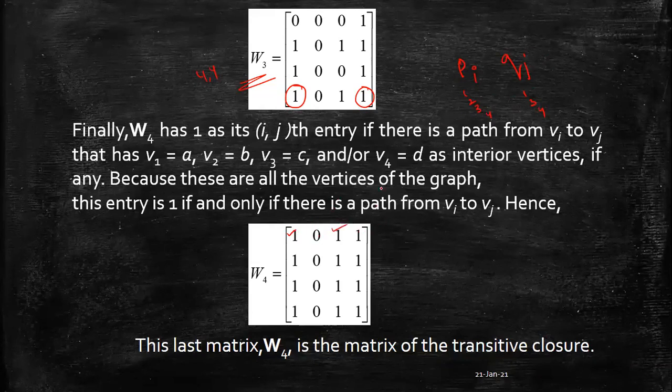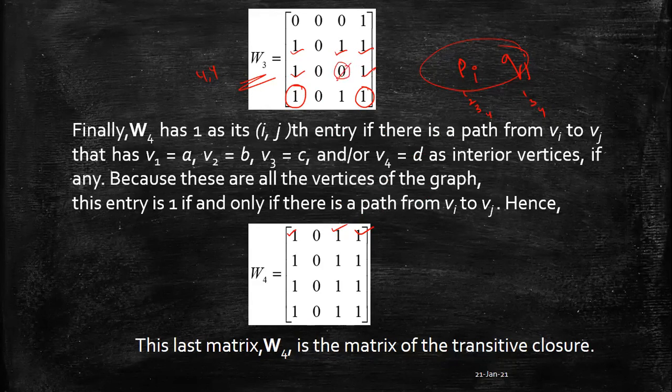So instead of creating all the pairs, just put a tick mark on W3, or you can write 1 directly over here. Because every time while you are writing this matrix, you have to fill all the ones and then look for the condition, as I have shown you in the first step. So 1, 1 is there, 1, 3 is there, 1, 4 is there. I'll mark it over here. Then the next is we have 2, 1, 2, 3 and 2, 4. Now for the third row, we have 3, 1 and 3, 4. We need to have 3, 3. So for 3, 3, make it as 1.